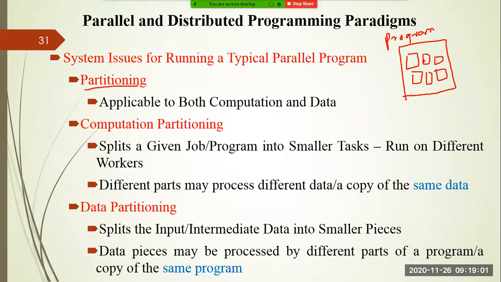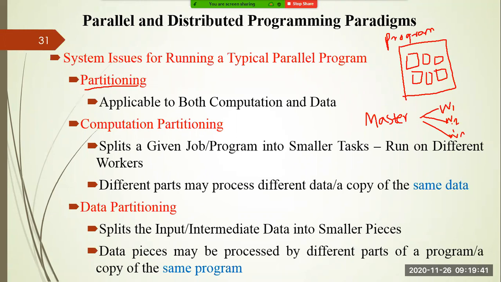Different workers means, first one is called your master node, and the master node monitors various workers, W1, W2, let's say Wn. So what is the master doing? It is partitioning the work and assigning it to various workers. Whenever the worker is executing that work, make sure that sufficient resources are available, or sufficient components that are required for execution are available. And once the work is over, they will return the result to the master.